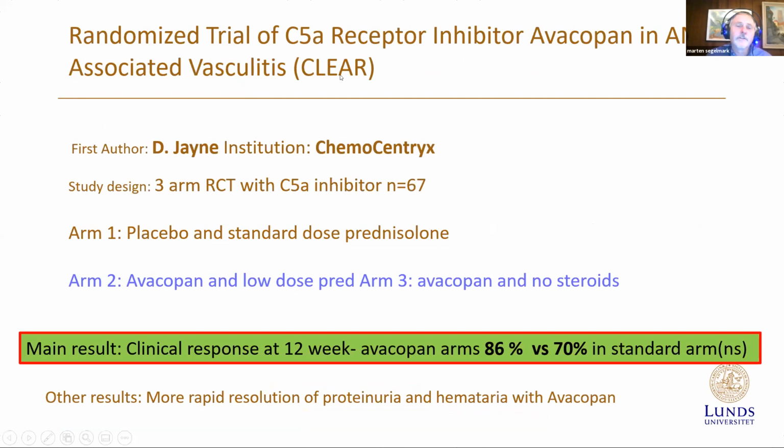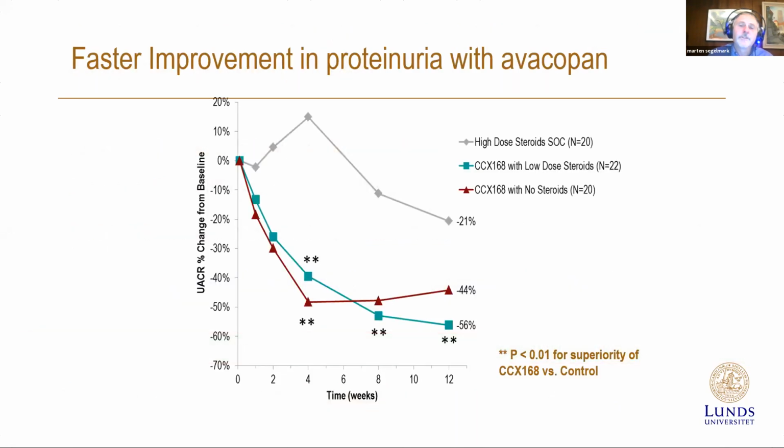that they call the CLEAR study that was published a few years ago, and it is with a new substance, a C5a receptor inhibitor. And as I said earlier, C5a is very important for recruiting neutrophils and would therefore be able to stop the vicious circle. And as you can see here, when steroids were given in low doses together with this C5a inhibitor, or when actually no steroids were given, there was a faster time to remission